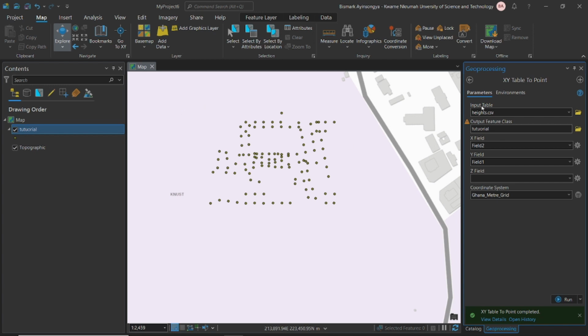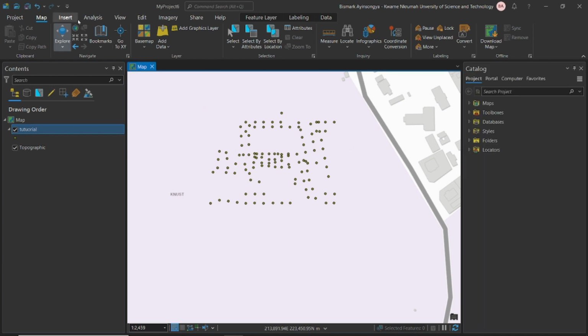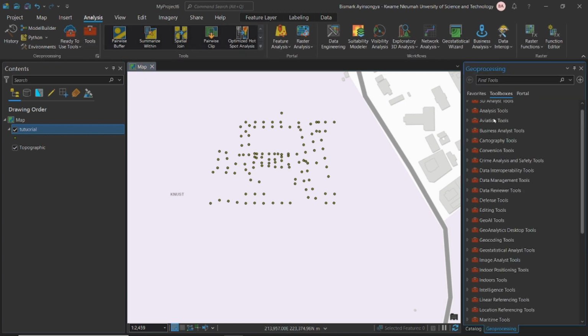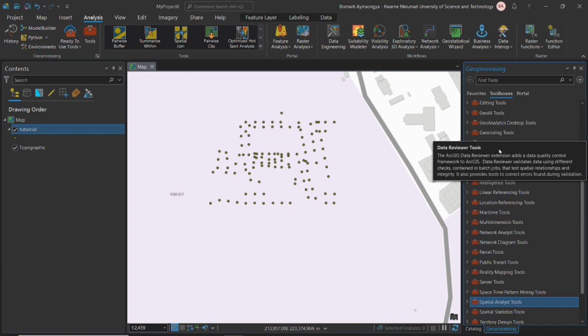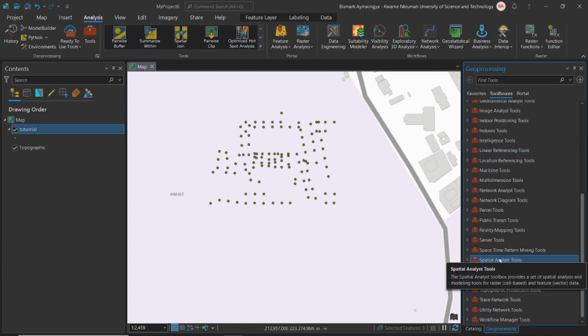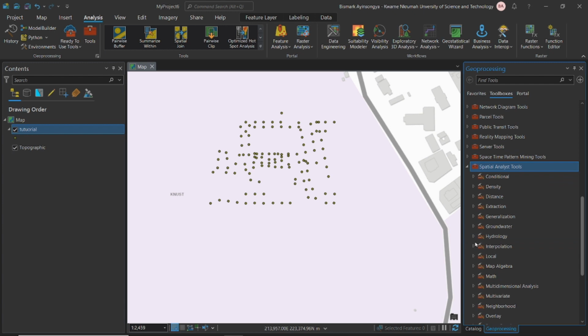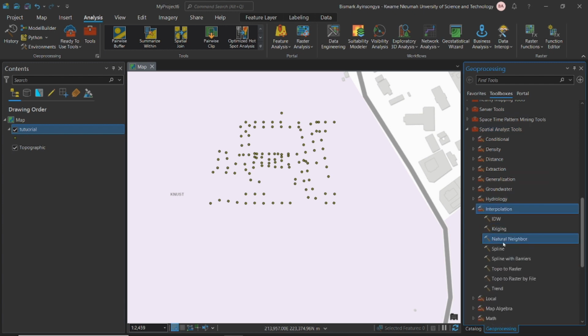So to do this, we'll go to analysis, click on tools, brings you to this window. We'll navigate to Spatial Analyst tools, which I have selected here. So I'll go to the interpolation. We want to do the interpolation. So over here we have so many interpolation techniques. Depending on the type of work you are doing, you will choose the kind of interpolation you want. So for the sake of this video, we'll just go with spline,